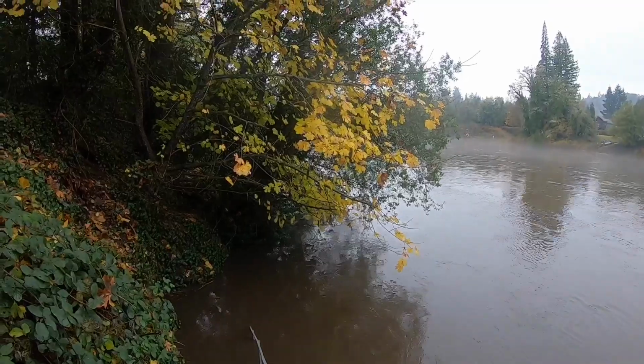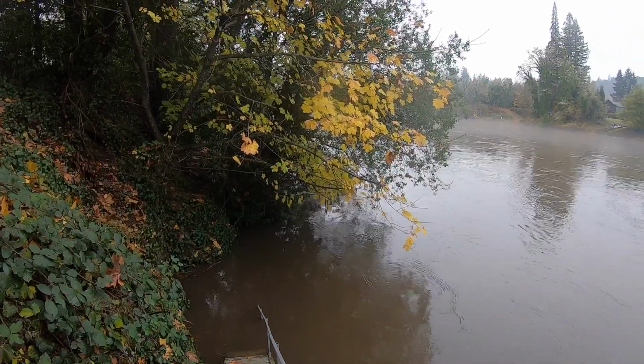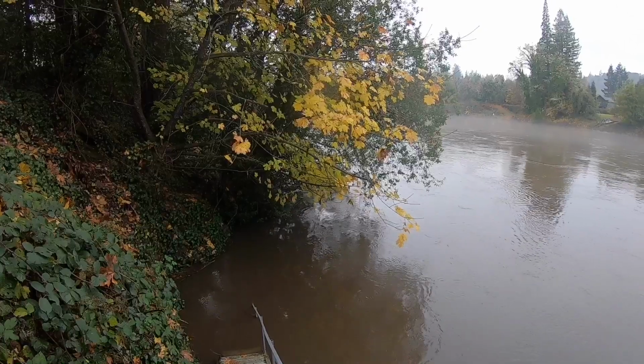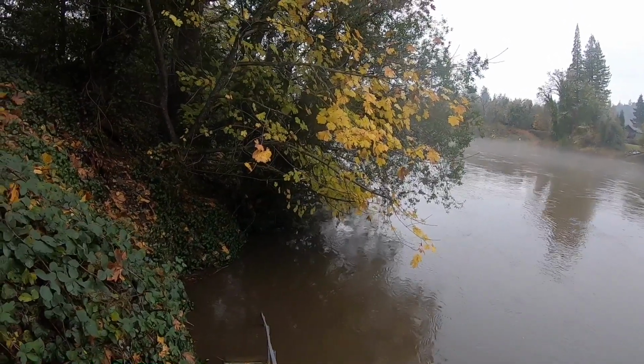Oh, there's a little fish right there that just jumped. Yeah, we're getting ready to come into, this is the middle of November. Salmon had been running, but the steelhead are coming up. I think the season starts the middle of next month. So anyway,